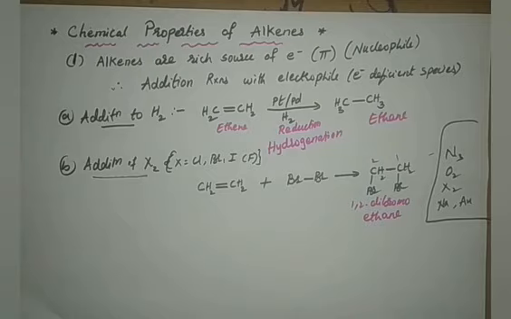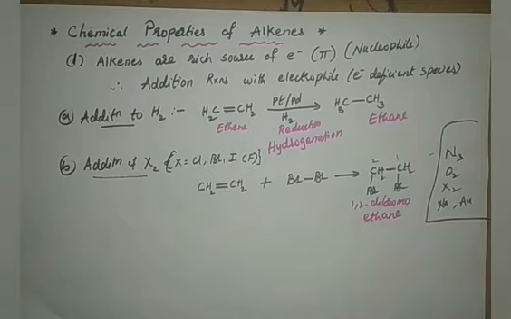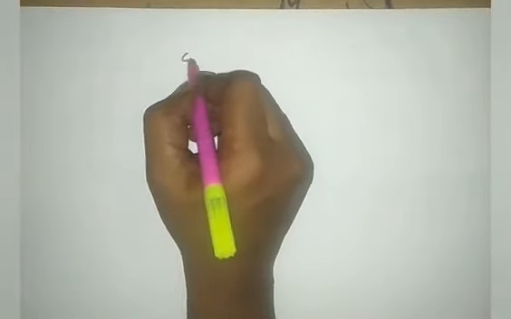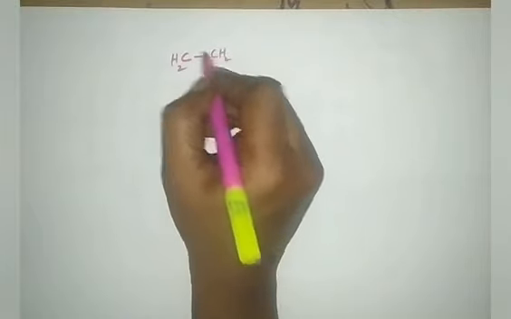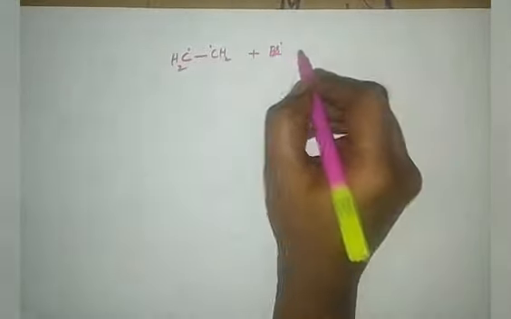Actually, I can also write a simple mechanism of how to imagine this, but please don't practice this. You should not write it in the real exam or notebook. I am writing it simply for your understanding. For example, if CH2=CH2 is there, may I write the double bond as 2 electrons like this? And for bromine, instead of writing a bond, may I write it like this?